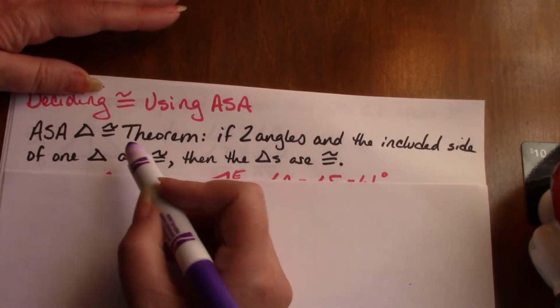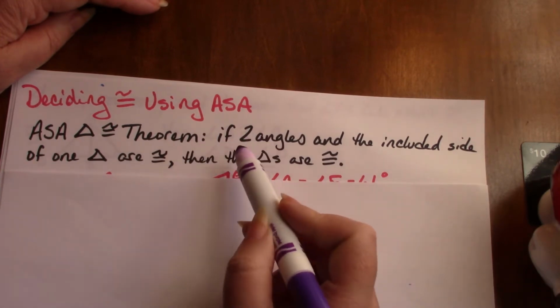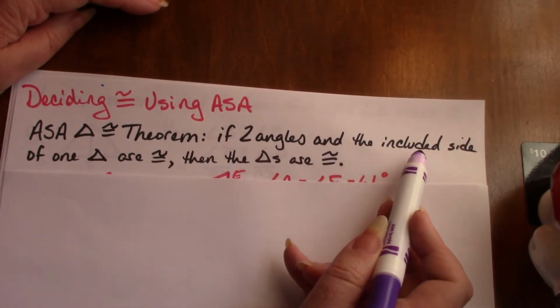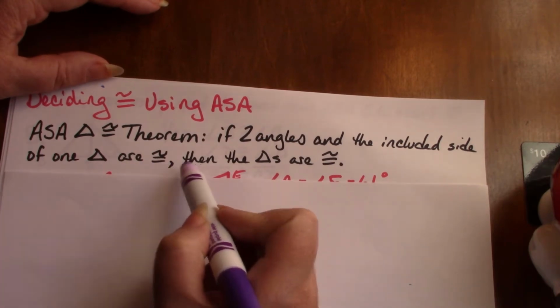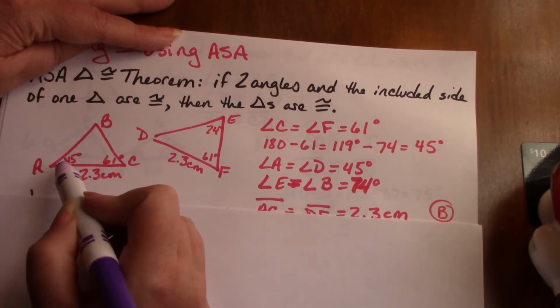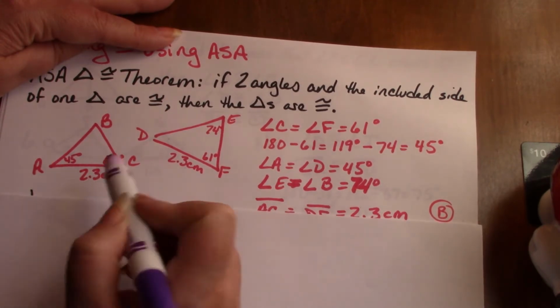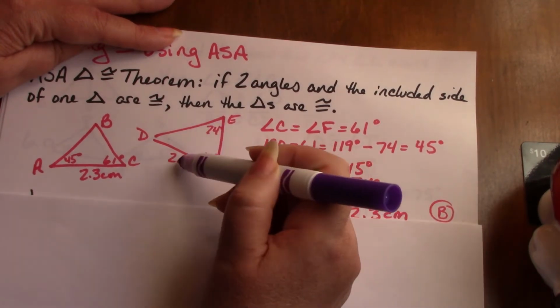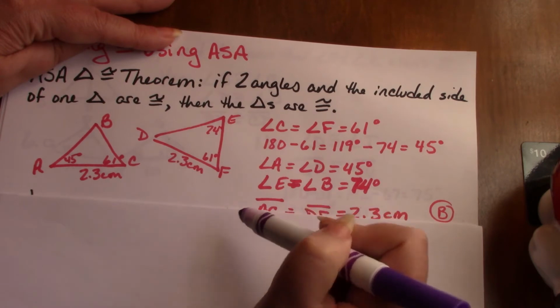The angle, side, angle, triangle congruence theorem is that if two angles and the included side of one triangle are congruent, then the triangles are congruent. So here we're given two angles and the included side. Here we're given two angles and an excluded side, and we have to find out if these two triangles are